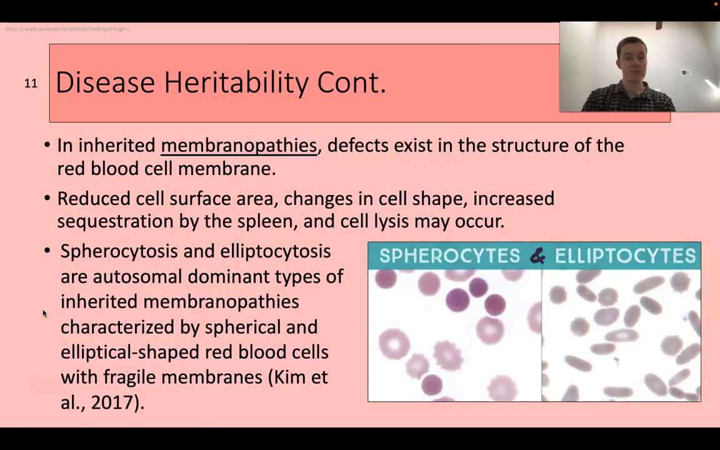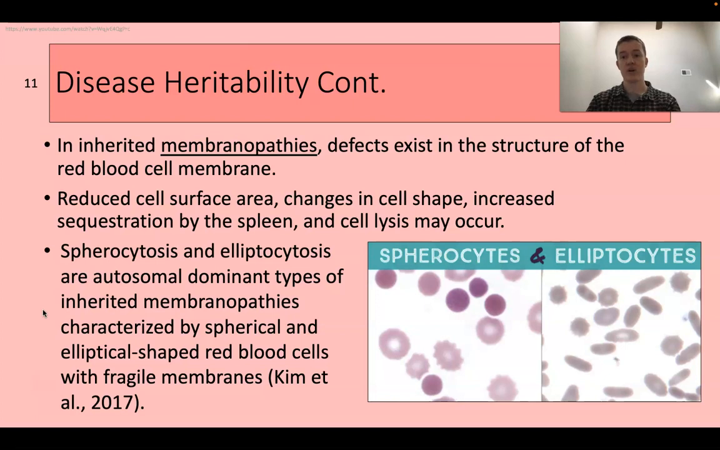So, regarding membranopathies, there's a defect in the structure of the red blood cell membrane. The red blood cell membrane possesses three main components: a lipid bilayer on the outside, a cytoskeleton network on the inside, and linker proteins in between those two layers. Red blood cell membranopathies result from abnormal cytoskeleton proteins, and the outcomes of this include reduced cell surface area, changes in cell shape, and increased sequestration by the spleen, and cell lysis results